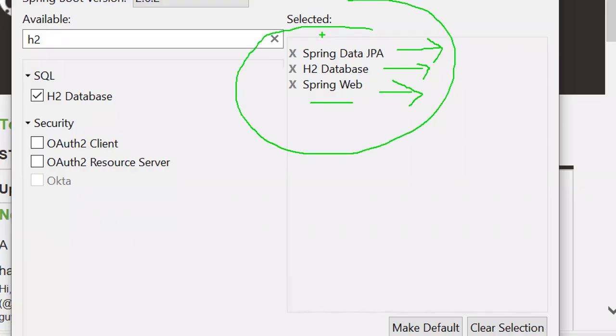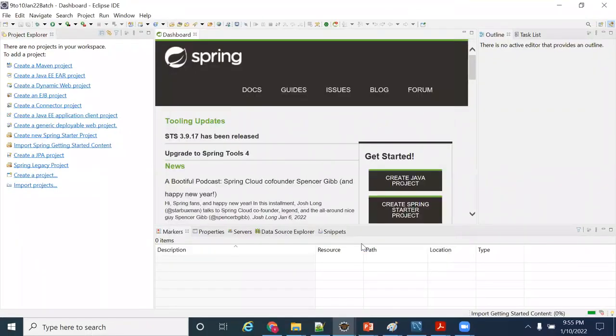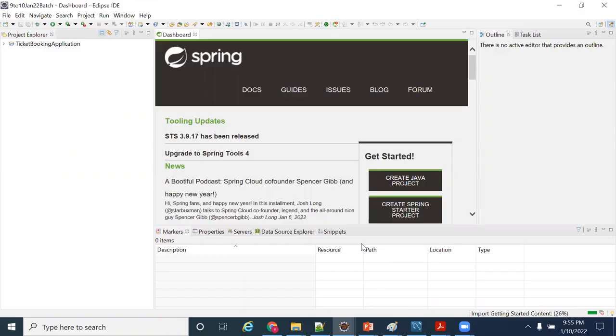So that framework is going to write these dependencies into pom.xml, right? Automatically my pom.xml will be created and my project is ready, and all the jars related to Spring Web, JPA and H2 will be automatically downloaded.